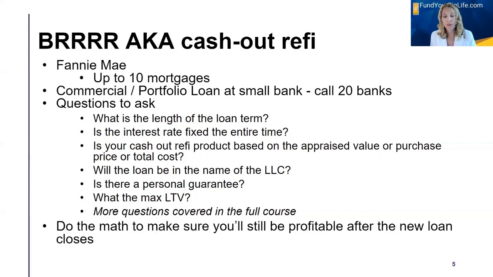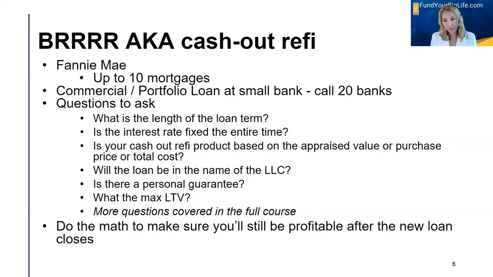But the first one is, what is the length of the loan term? Some of them are 10, 20. A few of them are 30 years, but usually you don't get the 30. I haven't found a 30-year loan unless I go to one of those Fannie Mae mortgages with more traditional mortgage lenders. The smaller banks, what I found is pretty common is 10, 15, or 20 years. Sometimes 25 years. And I take that back. I did find one that was 30 years,